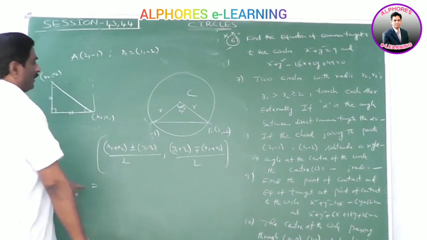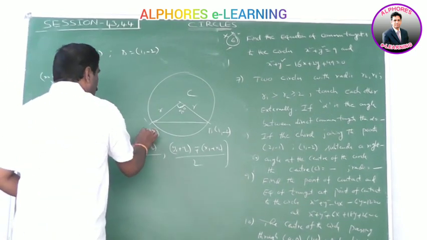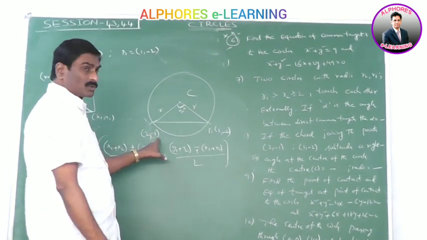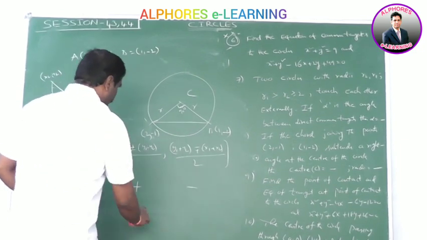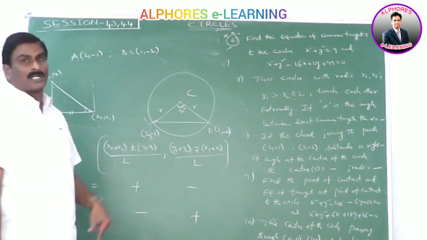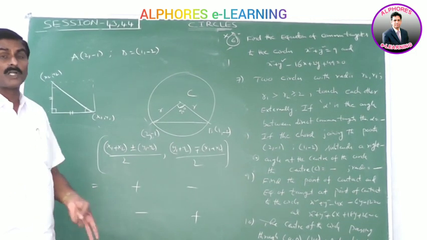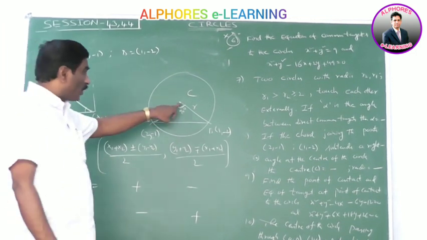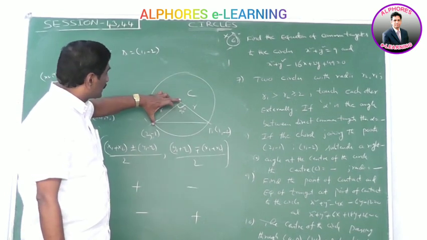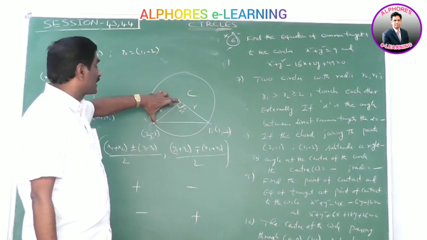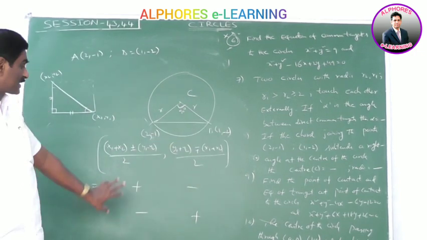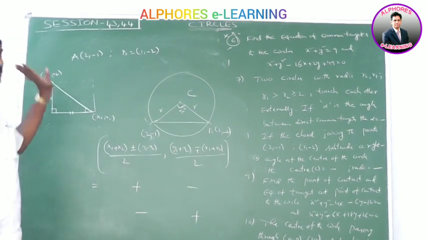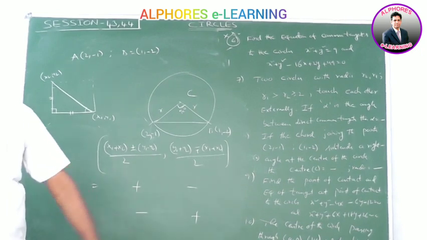Okay. Here x1 means 2 comma minus 2, y1 means 2 comma minus 1, x2, y2 are these values. First we take plus, here minus, here plus. We get two possibilities. That means the centers are possible in two ways. If the center is known, then what is the radius? The distance from the center to any point on the circle is nothing but the radius. Find CA or CB. That is the radius. It is the actual method. The verification method is easy. Okay? Please note this value.